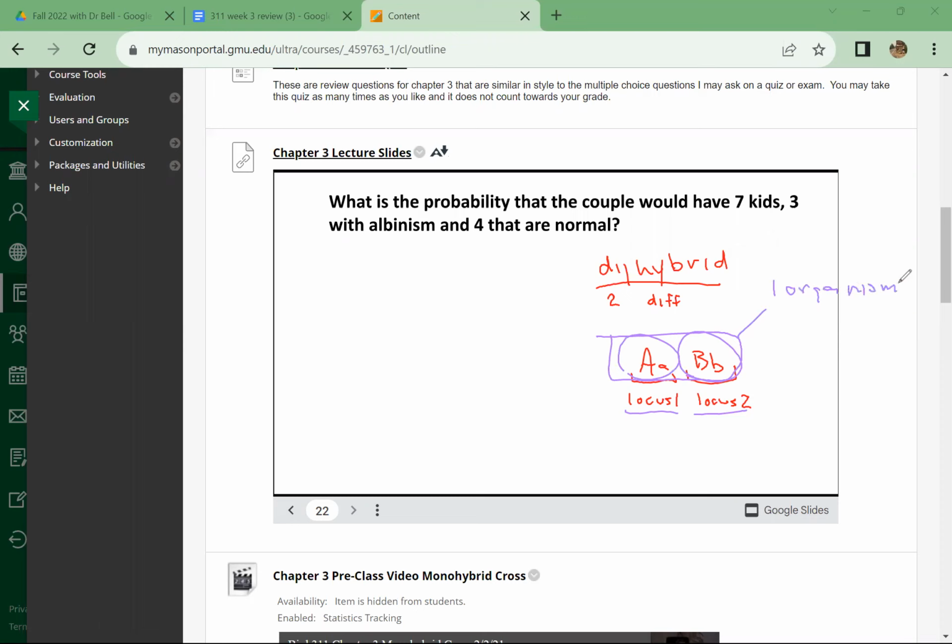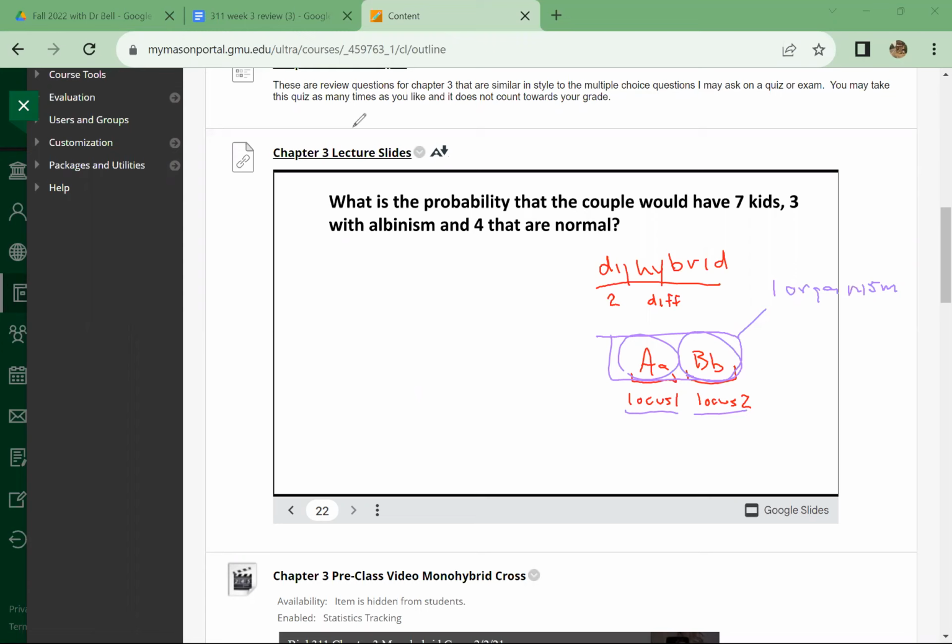Obviously, it's larger than that. We have so many genes. So when we're looking at ourselves and we're talking about cystic fibrosis, our entire genotype isn't made up of just this genotype, but that's just what we're looking at because we're only concerned with the genes related to cystic fibrosis. And in a dihybrid cross, similarly, in the case of the dragons we looked at earlier, we're only looking at scale color and egg